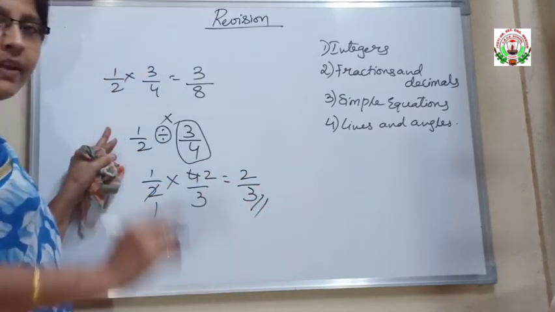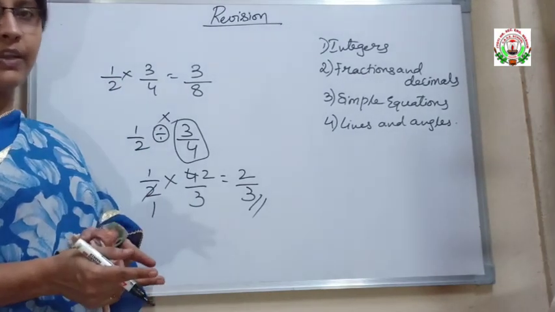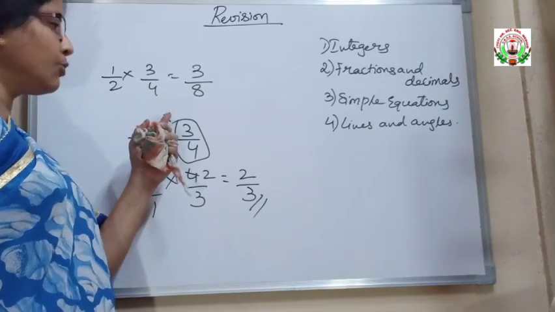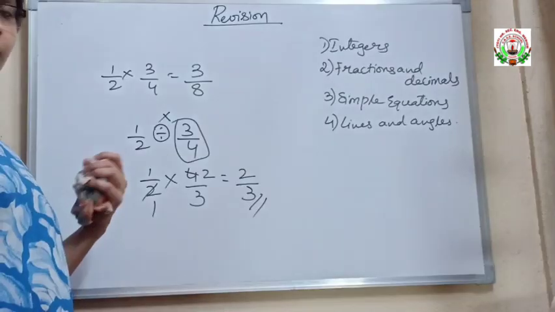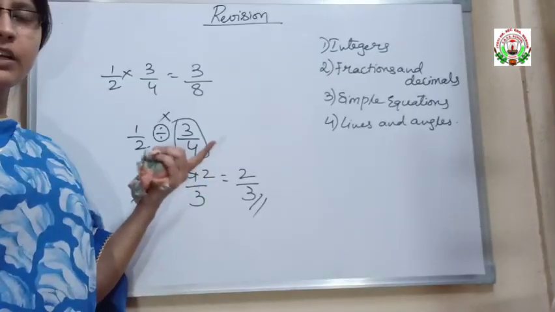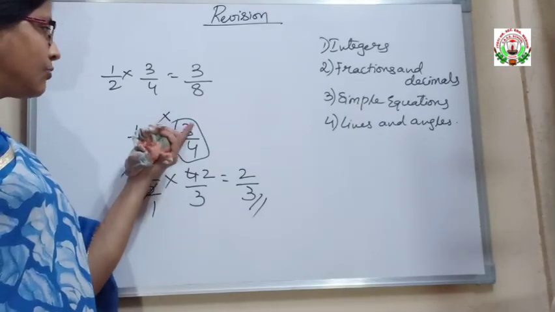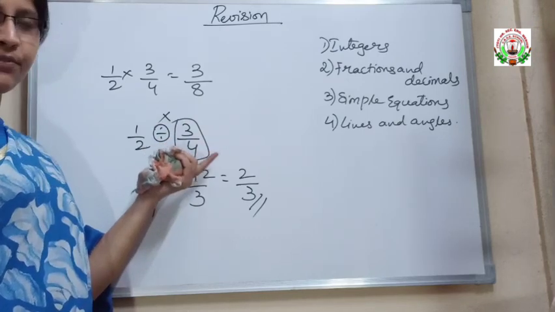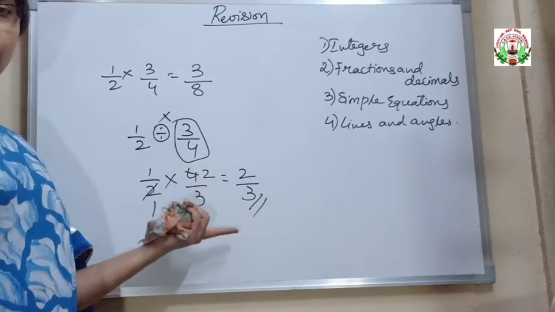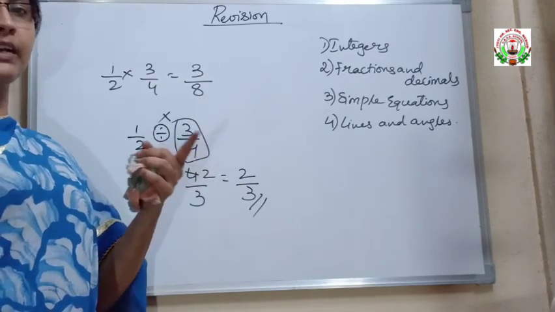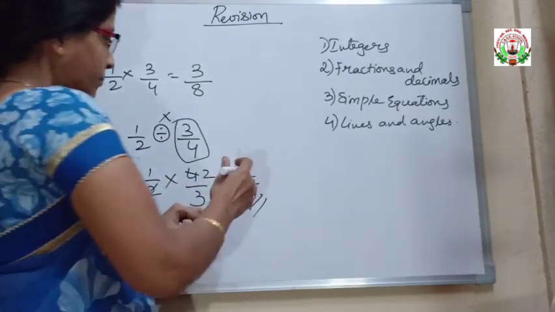This is your answer. Whenever division of fractions or division of decimals is given, you have to change the divide sign into a multiplication sign by writing the reciprocal of the fraction. So in division of fractions or decimals, you write the reciprocal of the given fraction on the right hand side of the division sign, and then you can do the solution. This is your division of fractions, given either in fractions or in decimals.